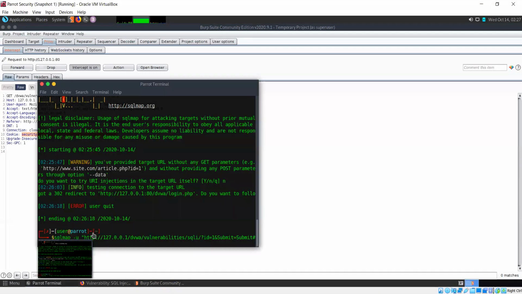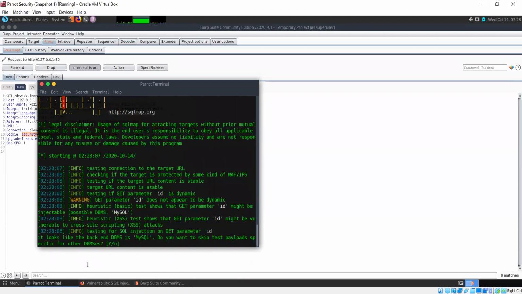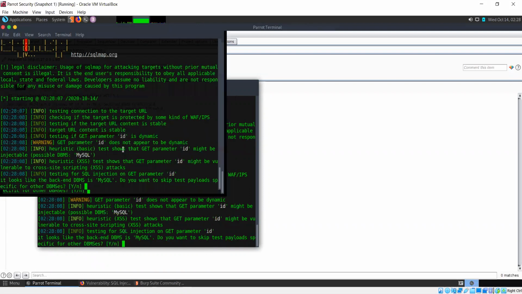And in SQL map, provide the parameter double hyphen cookie is equal to, again within double quotes, the value that we have copied. So now we can run our attack. Now it's asking whether you want to skip test payloads for other databases. So yes.